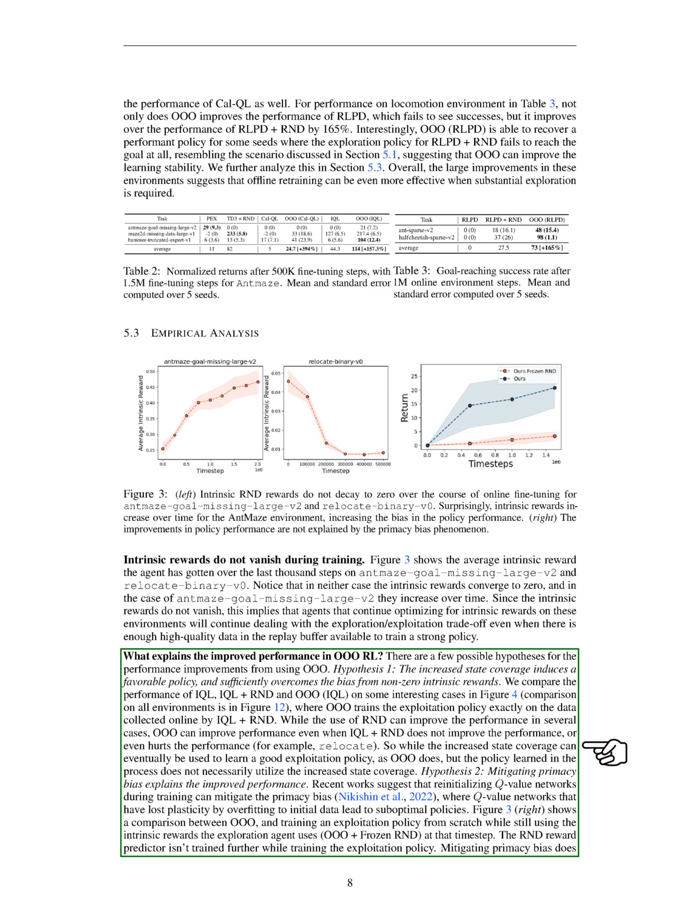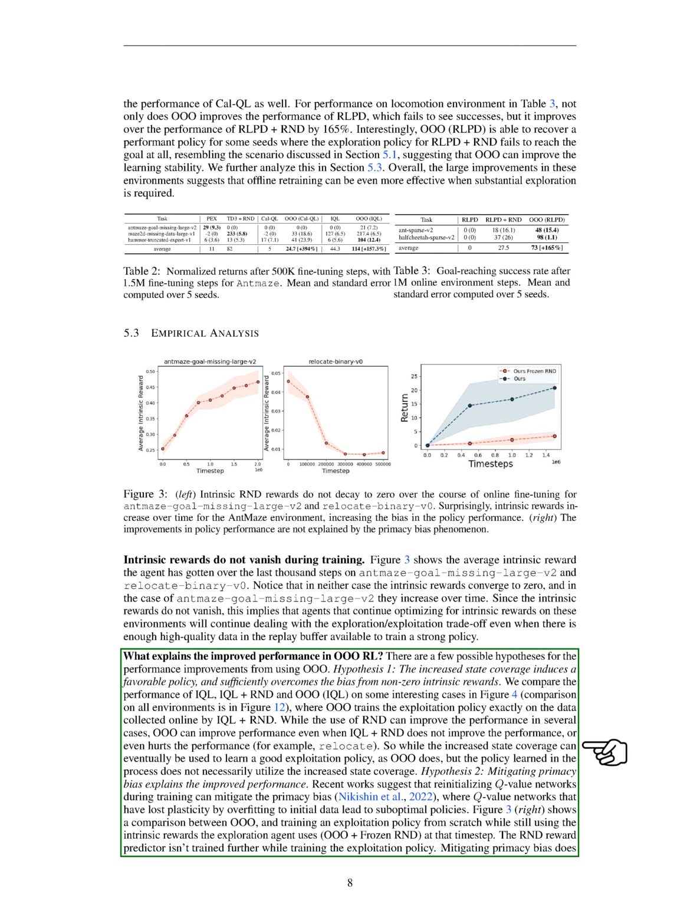We compare the performance of IQL, incremental Q learning, IQL plus RND, random network distillation, and OO, IQL, in a few cases. We find that while RND can enhance performance in several instances, OO can improve performance even when IQL plus RND does not, or even negatively impacts performance. This suggests that while increased state coverage can be used to learn a good exploitation policy, the policy learned doesn't necessarily utilize this increased state coverage.